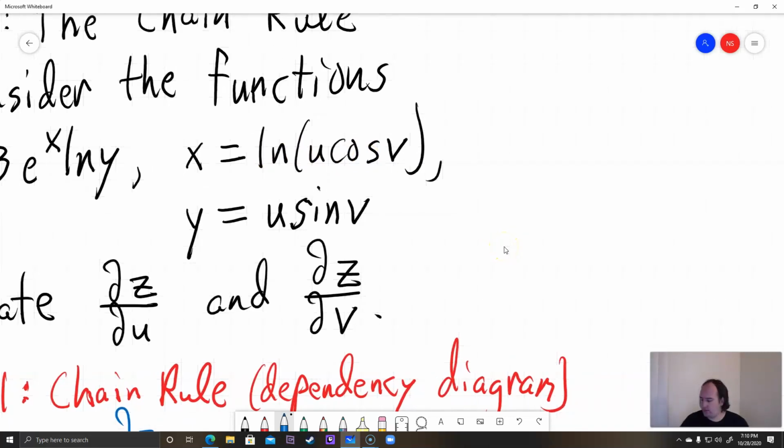So here, over here I can write it. Partial x, partial u. Well, the derivative of the ln, which is the outside function, is 1 over. So that's going to be 1 over u cosine of v. And then we multiply this times the derivative of the inner function. So v is a constant here. So that means cosine of v is a constant. So we're really just taking the derivative of the u. And the derivative of u is 1. Okay? So we're going to have 1 times cosine of v,